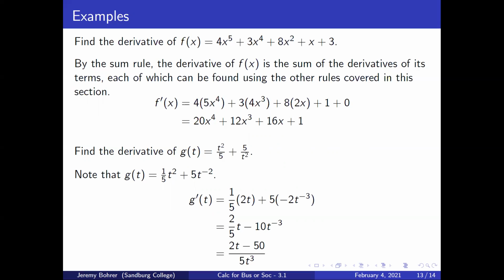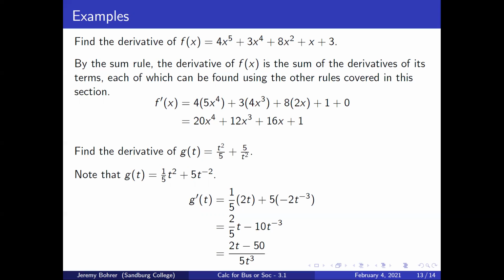Find the derivative of g of t equals t squared over 5 plus 5 over t squared. Note that g of t equals 1/5 t squared plus 5 times t to the negative 2. So g prime of t is equal to 1/5 times 2t plus 5 times negative 2t to the negative 3,